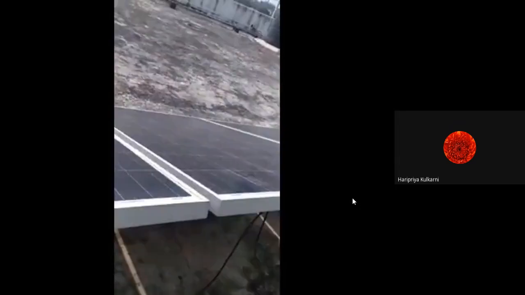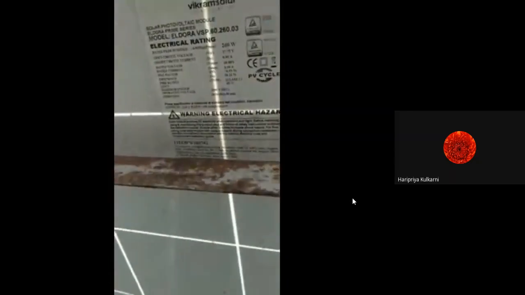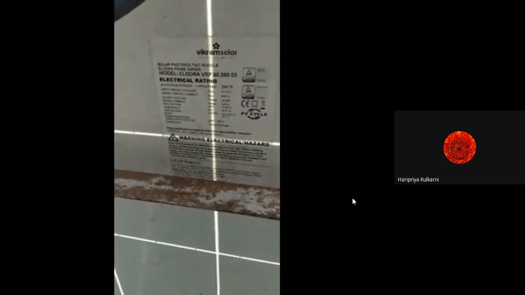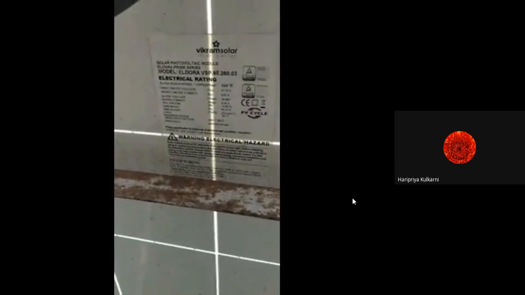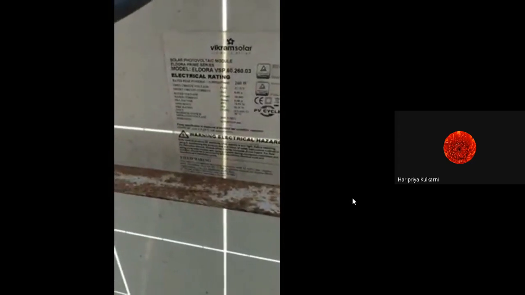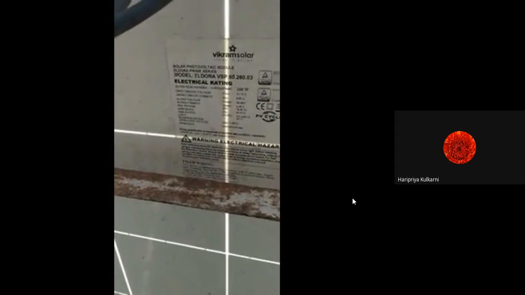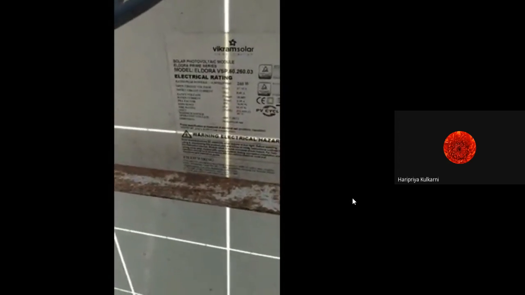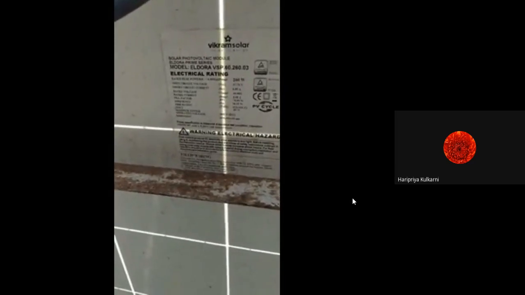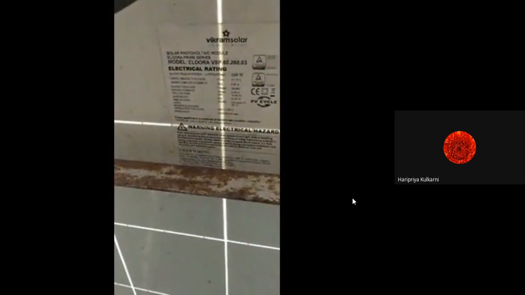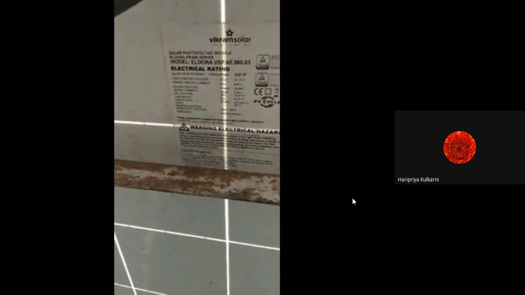Now we will see this 10 kilowatt system. So rating of each panel, you have to write all this in your report. So rating of this panel is, I'll try to show you. Okay, you can observe it here. It is 260 watt, 37.75 volt, 8.95 ampere. VM peak 30.98. IM peak 8.39. Fill factor 76.9%. Okay, and efficiency of the panel is 16.93. Okay, it is Vikram Solar. Make is Vikram Solar. So same ratings are there. I can show you. Okay, you have to write it in your report.